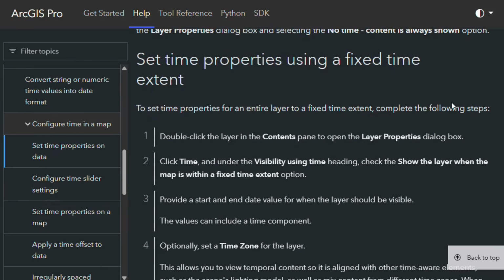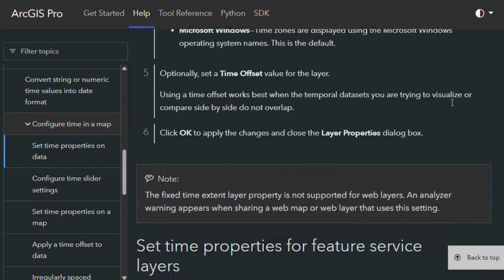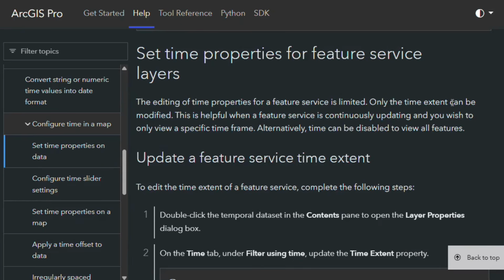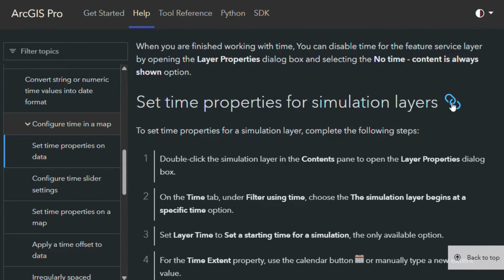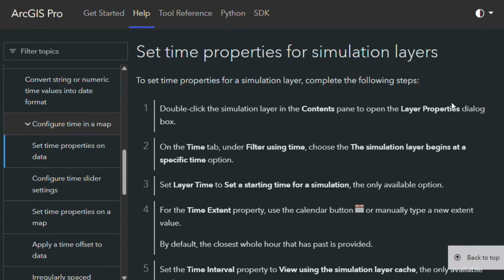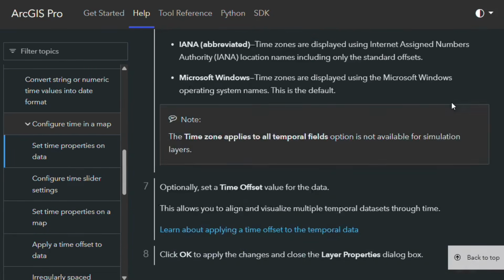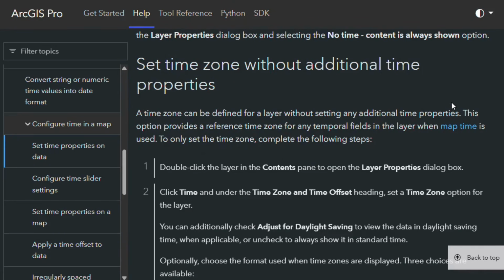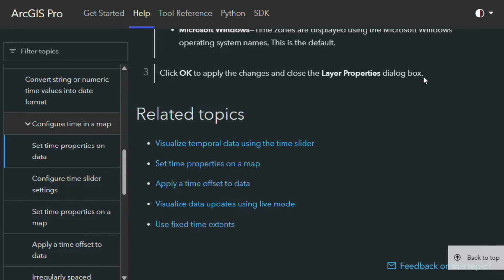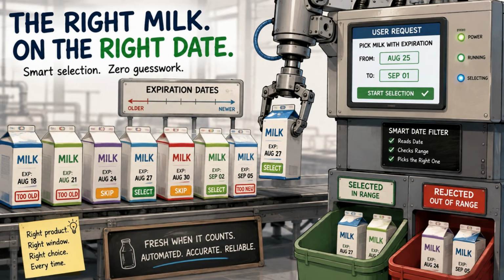But the flight happened on January 1st, and that terrain was completely excavated and changed by March 31st. Oh. So you essentially put an expiration date on it, like a carton of milk. Exactly like a carton of milk. You go into the layer properties and tell the software, treat this entire static image as perfectly valid and fresh from January 1st to March 31st. As long as the user is viewing the map within that temporal window, the image renders. Yes. But the moment the timeline hits April 1st, the expiration date hits and the image instantly drops off the map. That is the exact mechanism. You are forcing static geometry to obey